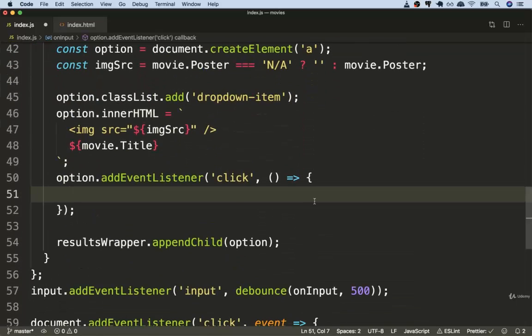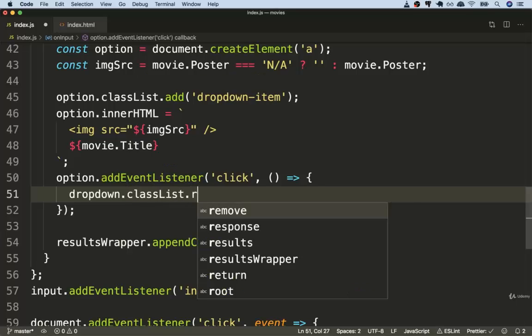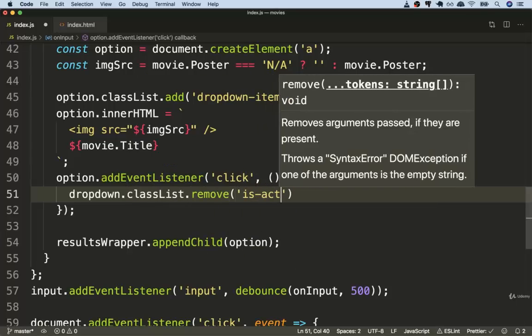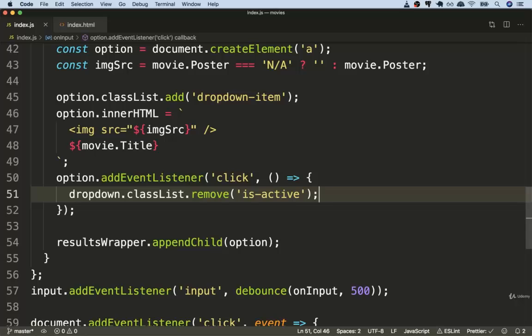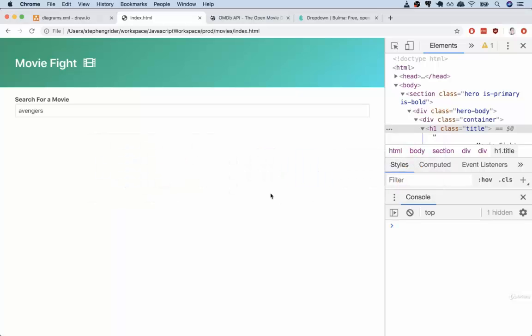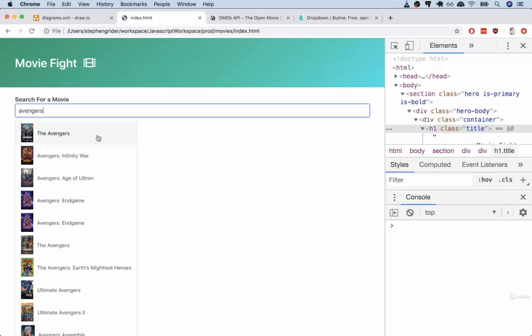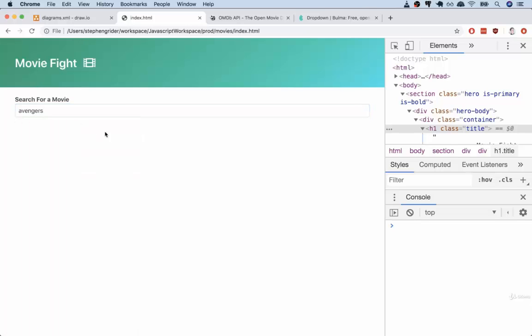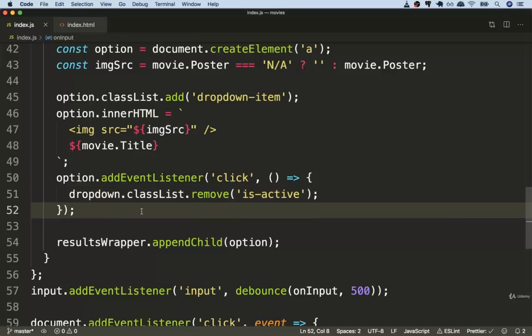Inside of my event listener, I'll do a dropdown.classList.remove is-active. So let's save that and do a very quick test. I'll refresh. Avengers. So now I'm going to click on the Avengers and the entire dropdown closes. Very good. So now the next thing we need to do is to make sure that we update the text